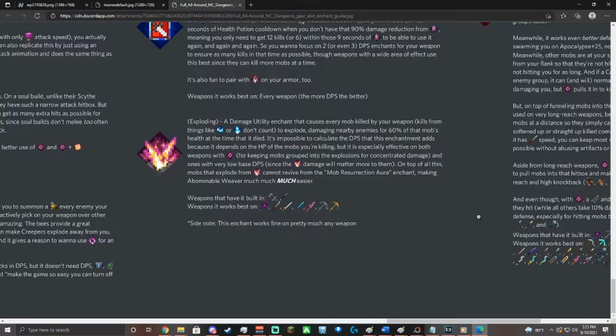On top of this, mobs that die from exploding cannot revive with the Mob Resurrection enchant, making Abominable Weaver much easier. And I have a video of me using my exploding, gravity, stunning, radiance bee stinger, just destroying it. Anyway, weapons that have this built in are Cursed Axe and Battle Staff of Terror, making it really great for